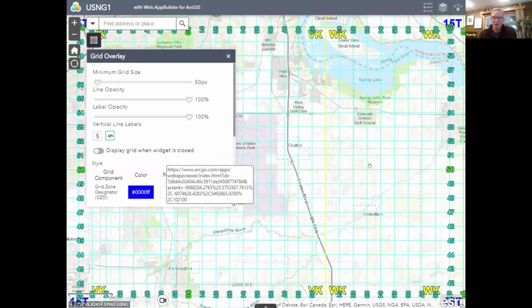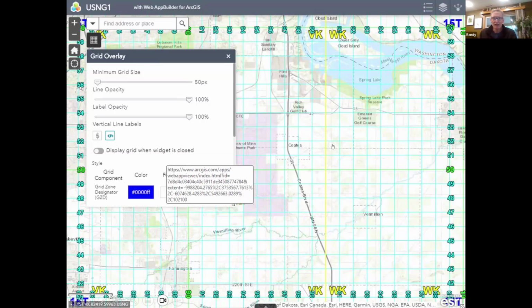When we're making maps, though, we need to remember that we're talking about labeling UTM coordinates. And so we need to make sure that we're labeling the lines for practical uses of the grid so that people can measure using those lines. We give them a location. They're going to be able to follow those lines up to the intersection of those lines, and then measure from that with additional digits. This is showing a grid overlay widget that Esri provides with their